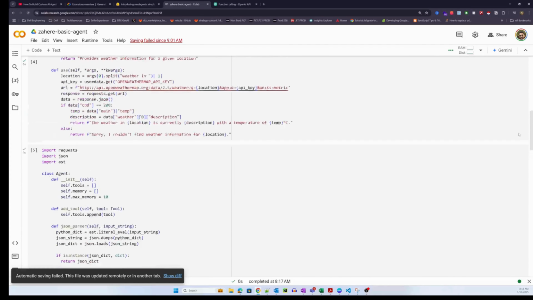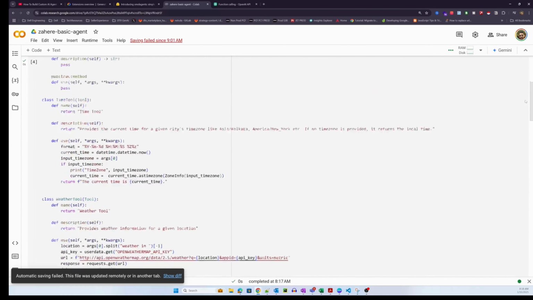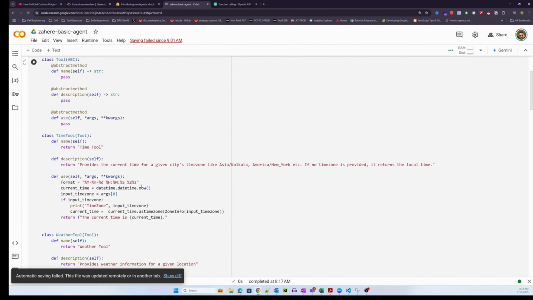The reason is that the description of the tool explicitly mentions that it provides the current time for a given city's time zone like Asia, Kolkata, and America, New York, etc. So I'm explicitly telling it that this particular tool takes in an argument of a time zone and not a city. I'm not even telling it that it doesn't take a city. I'm just telling it that it takes a time zone.